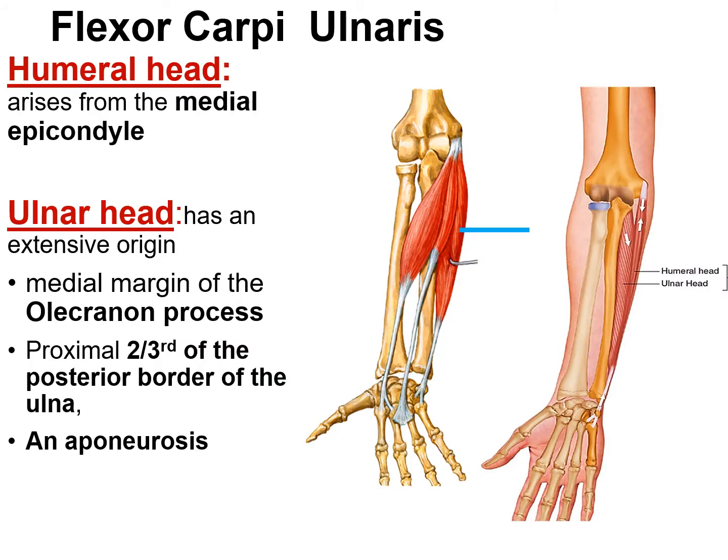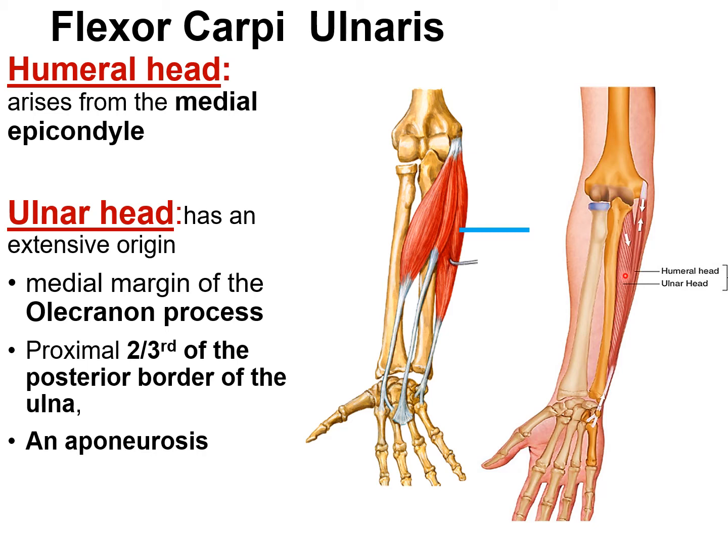Now talking about the flexor carpi ulnaris muscle. It has two heads of origin, the humeral head and the ulnar head. The humeral head arises from the medial epicondyle through common flexor origin, and the ulnar head has an extensive origin. The ulnar head arises from the medial margin of olecranon process, proximal two thirds of posterior border of ulna, and through an aponeurosis which it shares with extensor carpi ulnaris and the flexor digitorum profundus muscle, and also it arises from the intermuscular septa